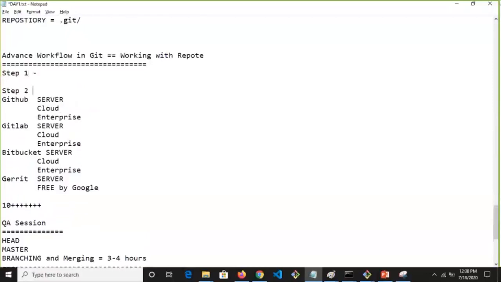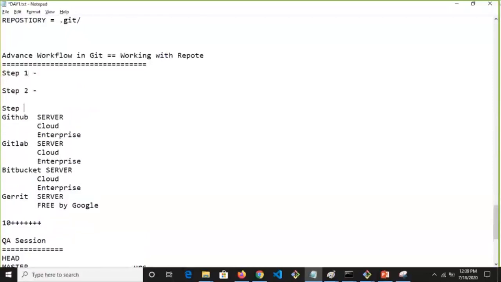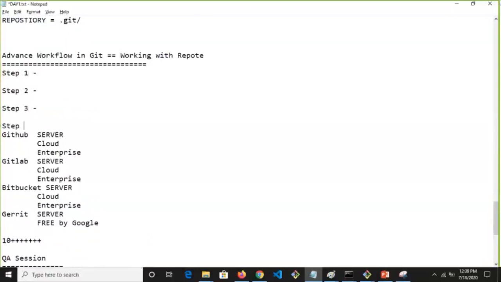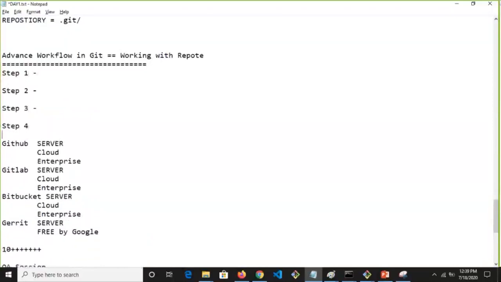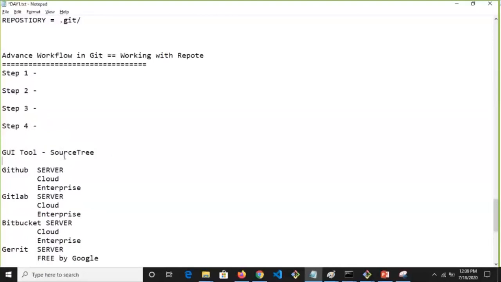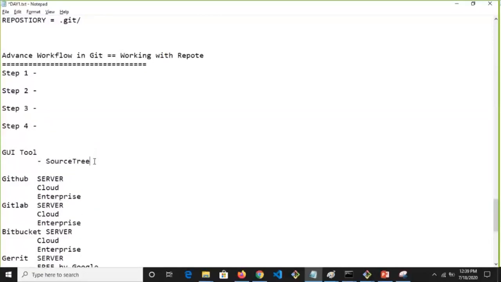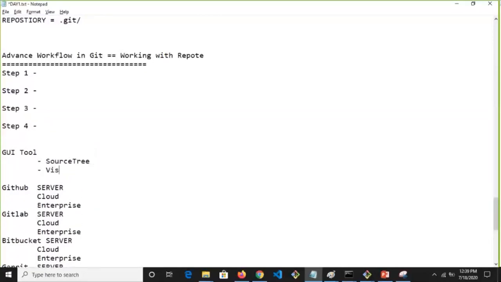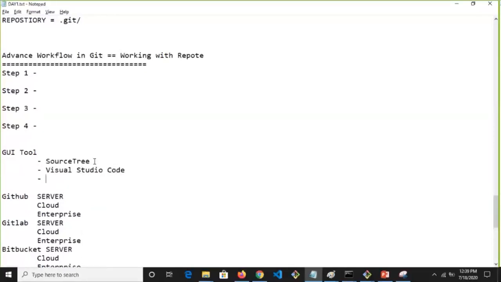Yeah. So ultimately, guys, learn everything to do in local only. Now I taught you commands, but I'm sorry I have limited time. There's also a GUI tool which you can try. This is called Source Tree. If you don't like Source Tree, you can use Visual Studio Code also. I think some of you must be loving Visual Studio Code. Can we try Tortoise? Yes, Tortoise, you can try.